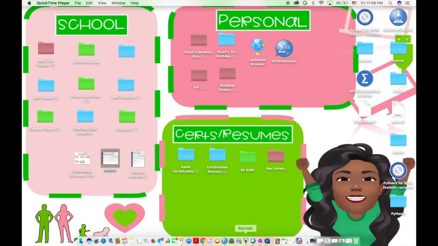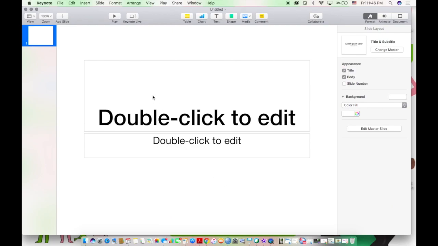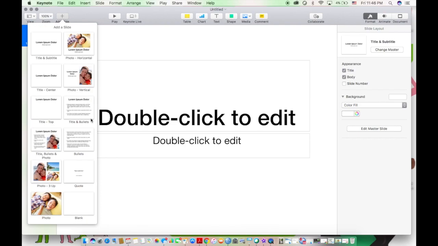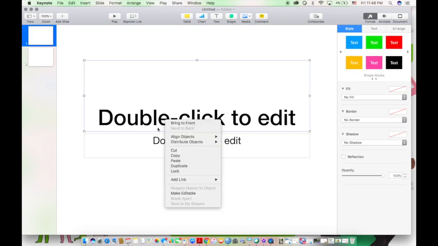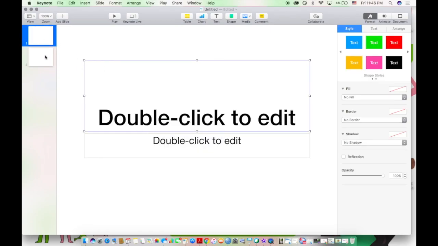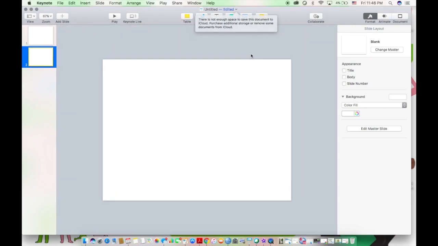So first we're going to start with a new Keynote presentation. If you want, you can use PowerPoint, but I have a Mac, so I automatically use Keynote. Once you open your new presentation, you are going to add a blank slide. I like to simply add a blank slide, but if you want to, you can just delete whatever is on that first slide and keep it moving. So once we add our slide, I'm going to zoom out to make sure that I can see the entire screen. And then I'm going to add